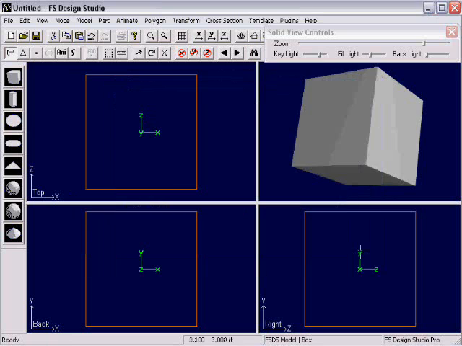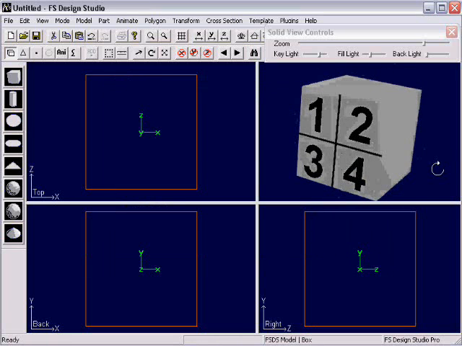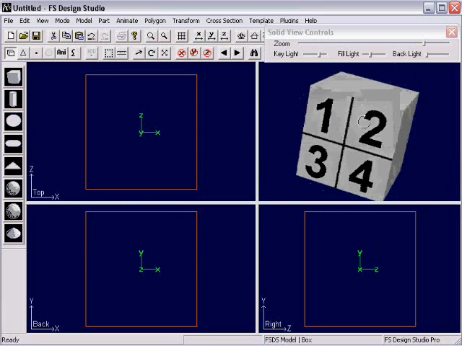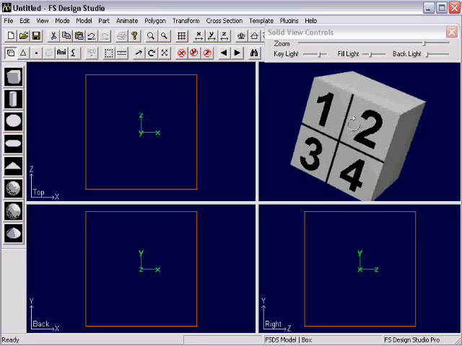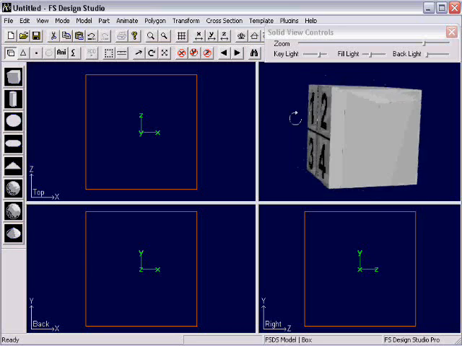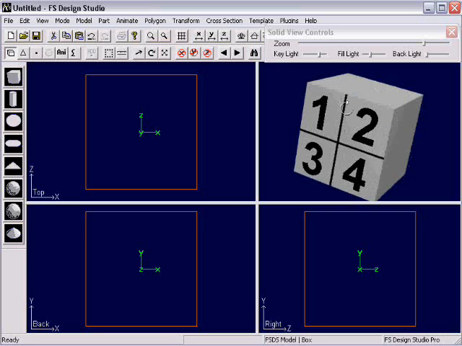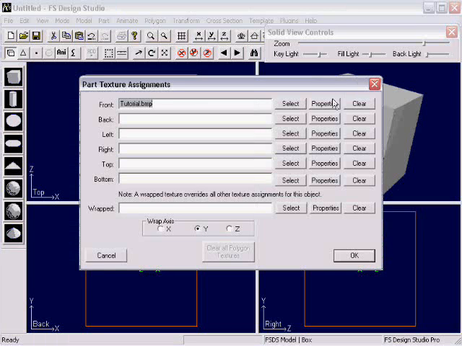And okay, and whoops, missed the front side. There it is. Okay. So there's the front of our object, or front of our part, 1, 2, 3, 4 texture, just for an example. Now if I want that to be applied backwards for some reason, if I want it mirrored, maybe you're trying to mirror the front side to the back side, you can actually do that two different ways. The first way, the easiest way, is to come back into your texture definition, select properties to get